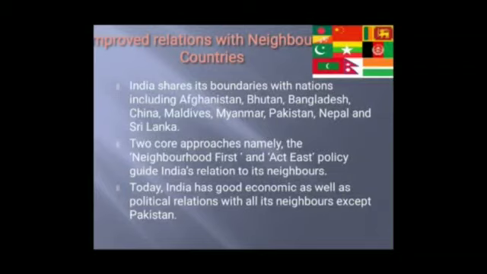India shares its boundaries with nations including Afghanistan, Bhutan, Bangladesh, China, Maldives, Myanmar, Pakistan, Nepal and Sri Lanka. This neighborhood first policy of the government aims to improve interaction with its immediate neighbors and Indian Ocean island states. What does it aim? To improve the interactions